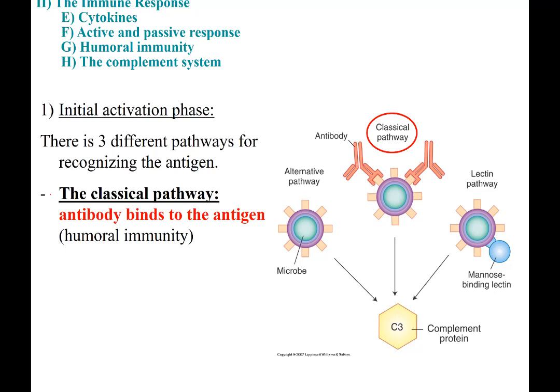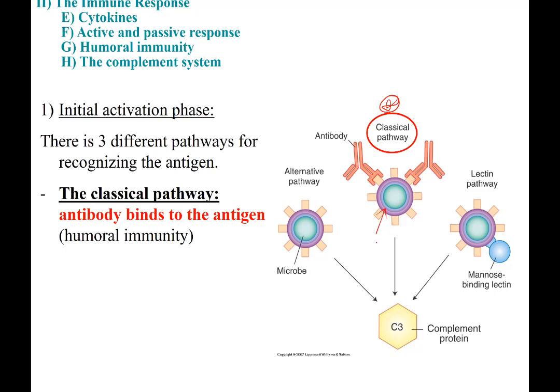There are 3 different types of pathways. The first one is called the classical pathway. Here, if you look at the graph, the classical pathway actually involves antibodies. And you see it's when a microbe, or here in that case a virus, will be recognized by antibodies, and they will activate the complement system. So you can see here right away that to be able to produce antibodies, you need the acquired system. You need B cells, you need plasma cells. So there's a link directly with the complement system.